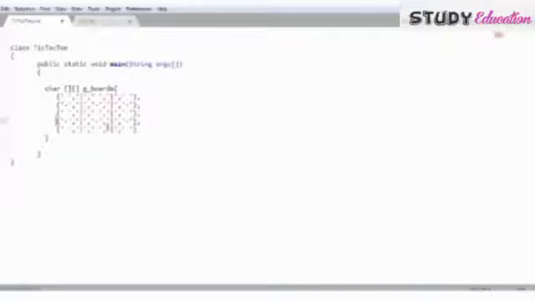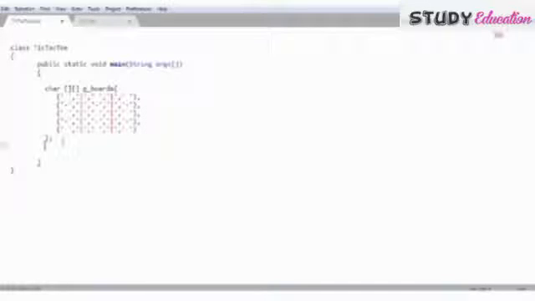Done. Now let's try to print this board. Rather than writing everything in main is not a good option, because it will affect our debugging. If we somehow had some error, then finding it in the main method is very problematic. A better approach is to use a method to call that.